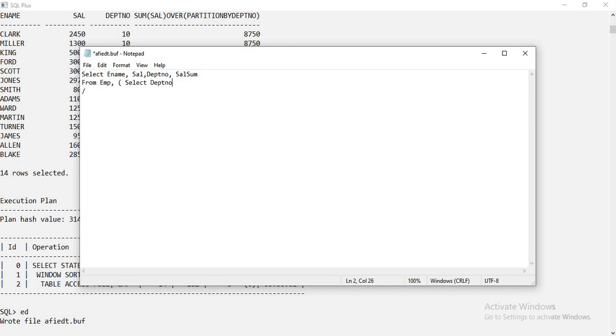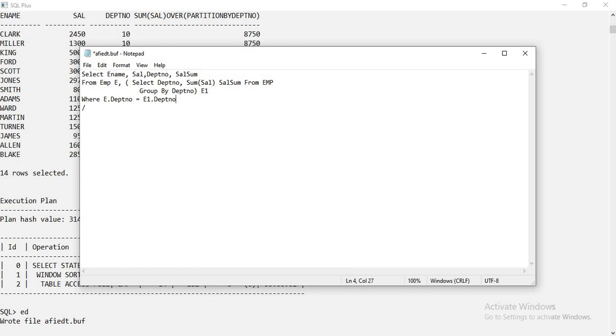Select department number, comma, sum of sal as salsum, from EMP group by department number, where I'll name this as E and this as E1. Just for joining I need a name, right? So E dot department number is equal to E1 dot department number.